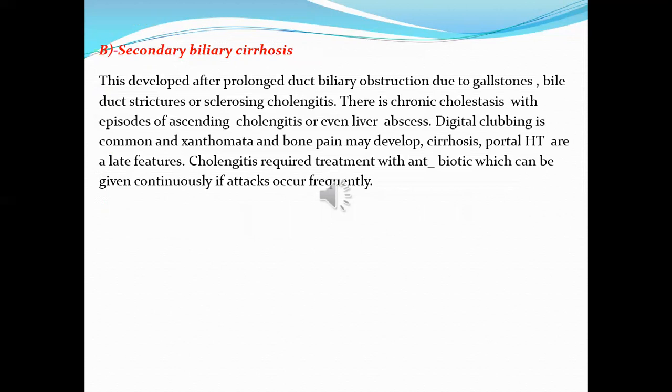Secondary biliary cirrhosis: there is a chronic obstruction of the biliary system with fibrosis and inflammation of the biliary system, and with cirrhosis due to a secondary cause. The secondary cause may be gallstone, common bile duct stone, or anything that obstructs the biliary system. Chronic obstruction leads to chronic inflammation and cirrhosis. Commonly, the patient presents with digital clubbing, xanthelasma, xanthoma, and all features of malabsorption, liver failure and liver cirrhosis.